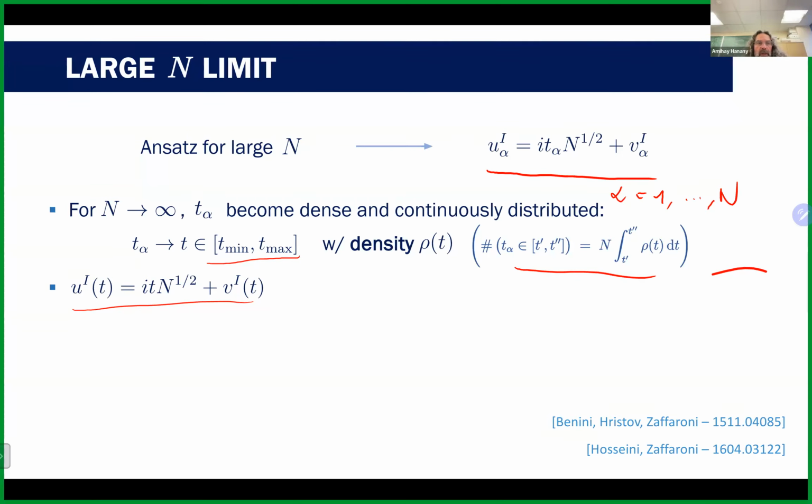Okay, so you're considering some large n. You have an ensemble of many gauge theories parameterized by n. You take n to infinity. Yeah, precisely. And you consider the parameter t to be a continuous variable in this limit. That's what is being found in these papers that I quoted here at the bottom.